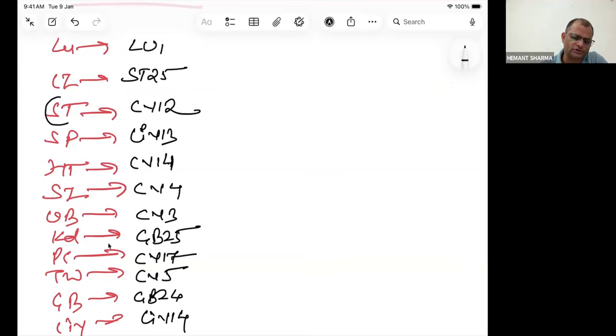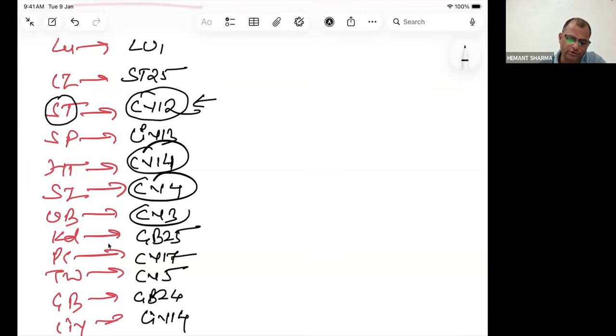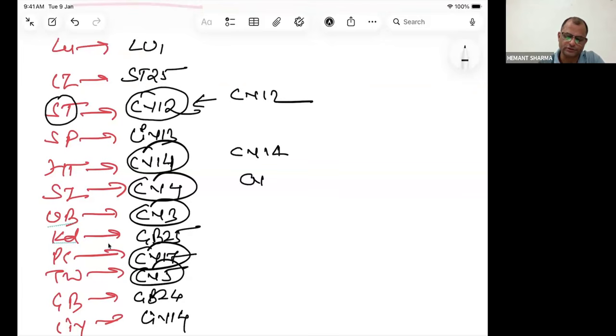The alarm point of the stomach is not on the stomach meridian, it is on the CB meridian. There are lots of alarm points in the CB meridian. We can see CB12, CB14, CB4, CB3, CB17, CB5. There are too many alarm points: 1, 2, 3, 4, 5, 6 alarm points only in the CB meridian.